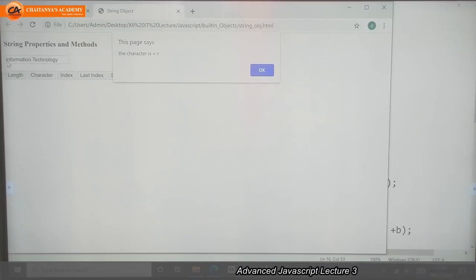So the character at index 0 is I, index 1 is N, index 2 is F, index 3 is O, and index 4 is R. That's why I got R as the output.